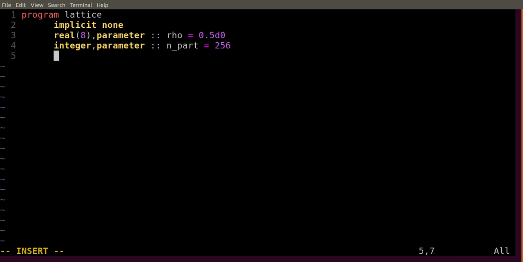Next what you have to mention is the simulation box size, which you can calculate from rho and n part.